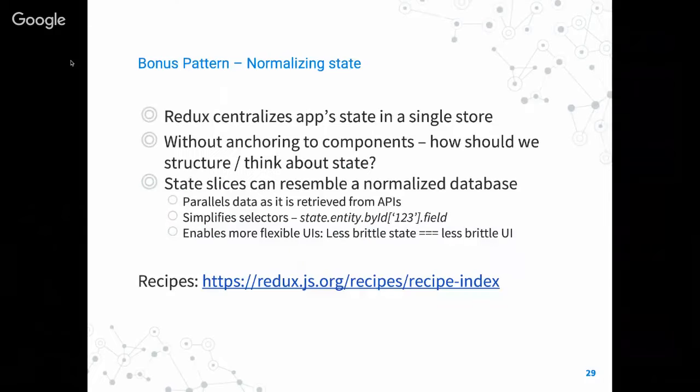Okay, so now the last thing I want to talk about, and this goes back to the question. Now that we've gone through these two really powerful tools, I want to talk about one of the most interesting patterns I found in Redux. You've got to go pretty deep into their documentation to get this, but very cool.